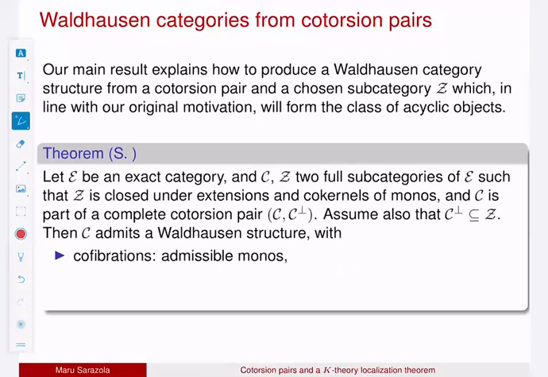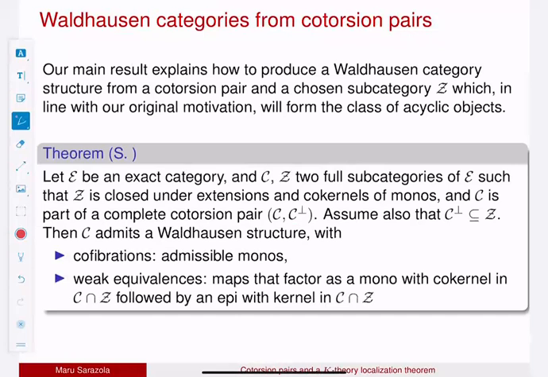So I need to tell you who the distinguished classes are. We're going to set cofibrations to still be the admissible monomorphisms, because we do have an algebraic underlying structure in C, and we don't really want to change that completely. So we want to keep the short exact sequences and the splittings to be given by the algebraic data, just like we would if we just consider C as an exact category. But now we want to add a class of weak equivalences, and these are going to be defined as the maps